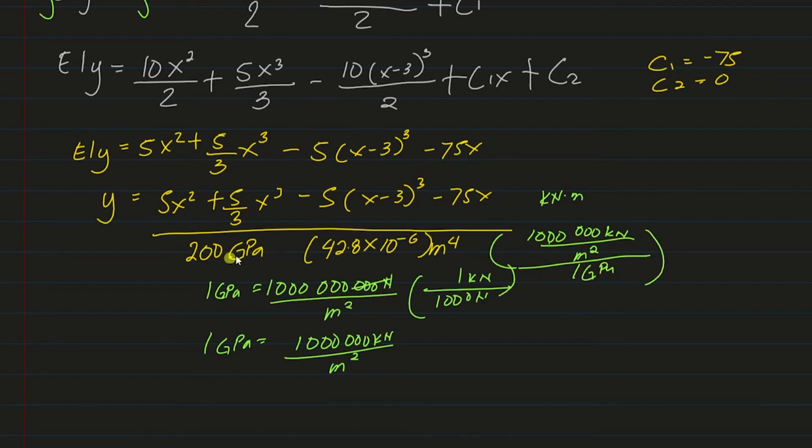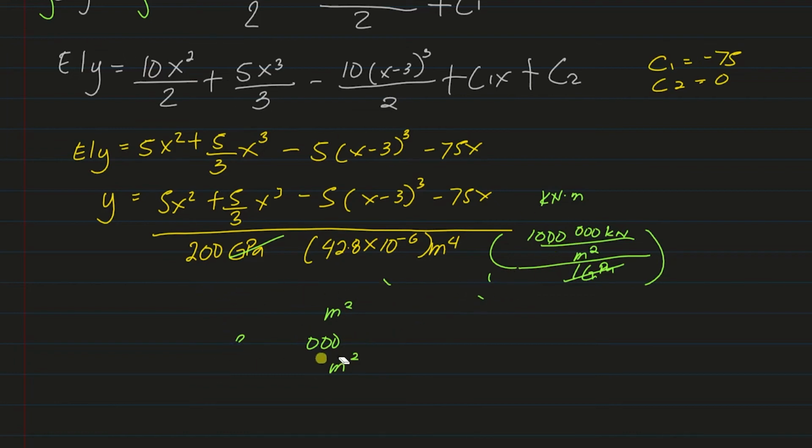So we just need to cancel gigapascal and gigapascal. Yes? So from that, this is our final formula. Okay, let's clean that up. Let's rewrite it to look nicer. So this is our final deflection equation. y is equal to 5x squared plus 5 over 3 x cubed,